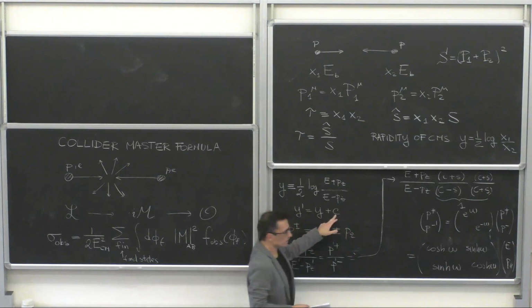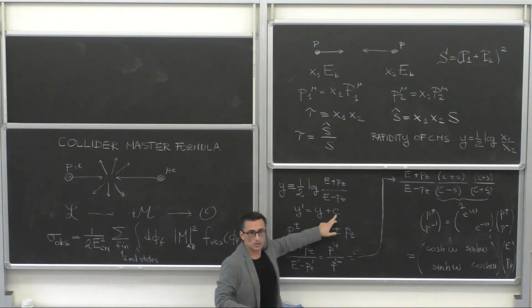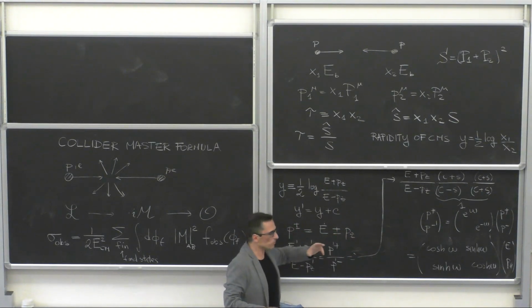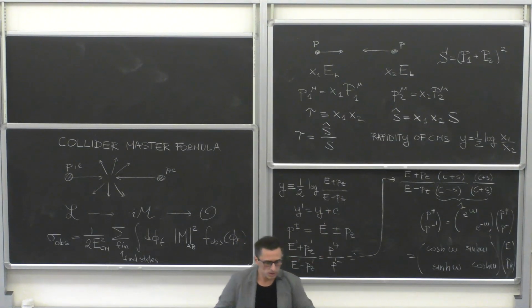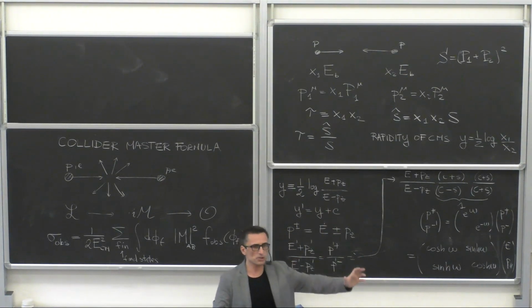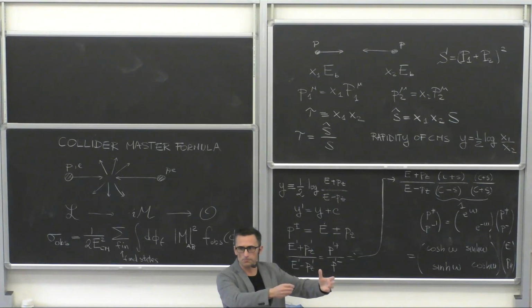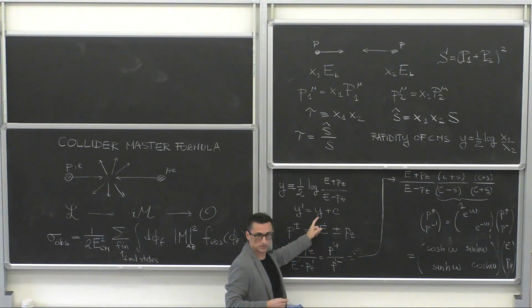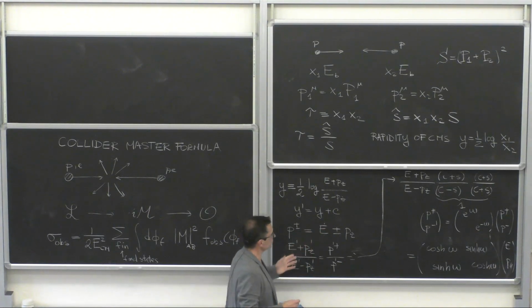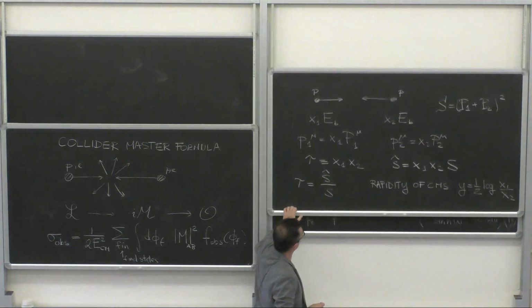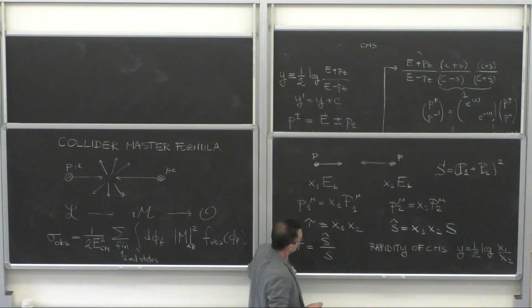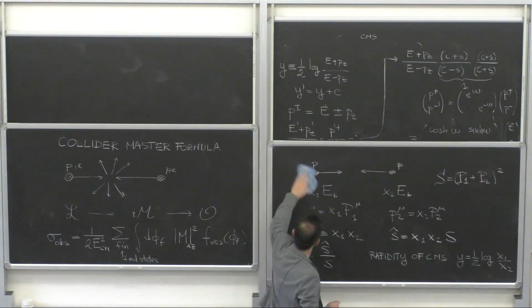Okay, so it changes uniformly with the translation. So under a Lorentz boost, the rapidity changes by a constant that depends only on the boost. So it's not invariant, but now you have a measure, because if you have two particles in your final state or more particles, now you can define a distance between them,